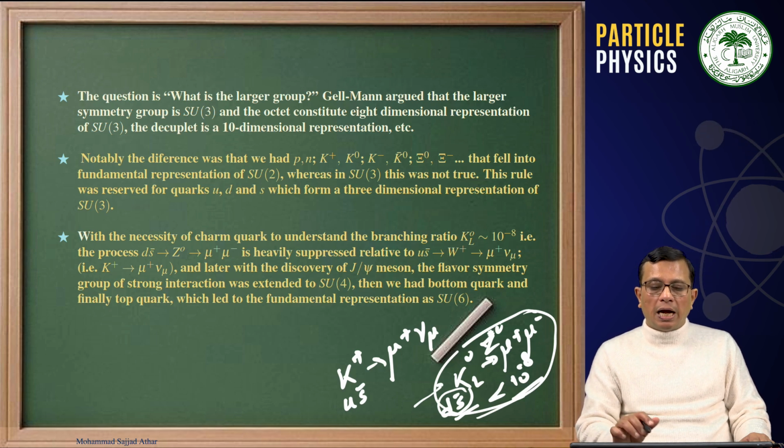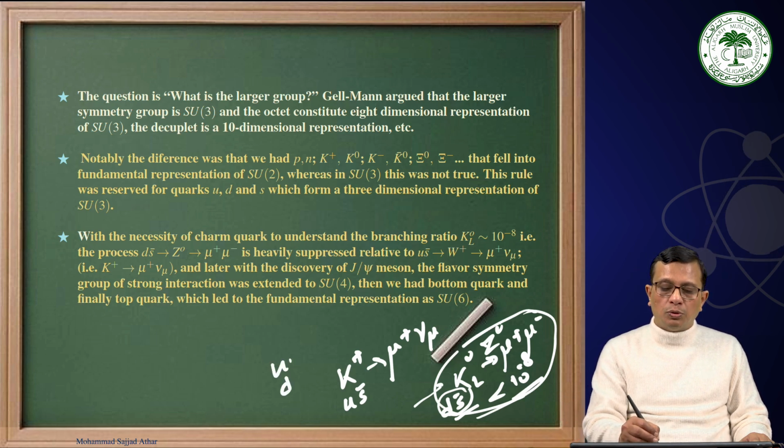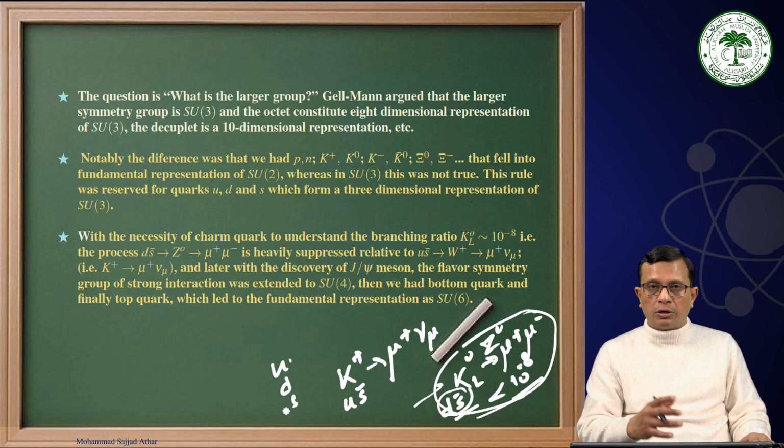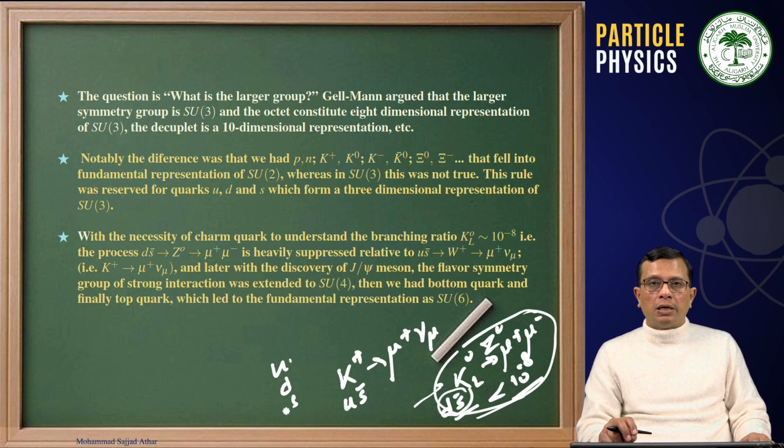GIM mechanism, and later, almost 3 or 4 years later, the J/psi meson was discovered in experiments at 2 different laboratories. That J/psi meson was found to be much heavier than could be explained with the help of the u, d, and s combinations, u ubar, d dbar or u sbar. Therefore, it was required that there should be a charm quark to explain the J/psi meson. Later,